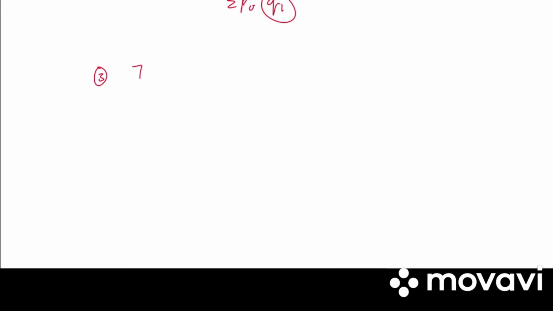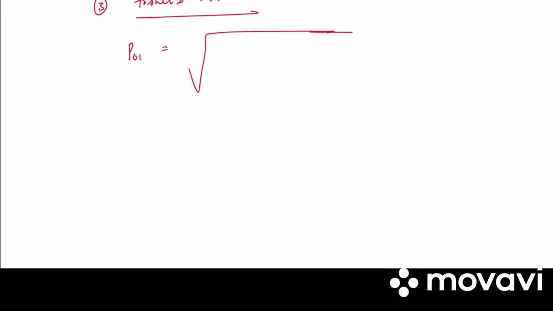Write the third one, Fisher's method. So this is a combination of both Laspeyres' and Paasche's. That is, the Fisher will be using both the base year quantity as well as current year's quantity. So what is the formula? P01 is equal to square root of summation P1 Q0 divided by summation P0 Q0 into summation P1 Q1 divided by summation P0 Q1 into 100.